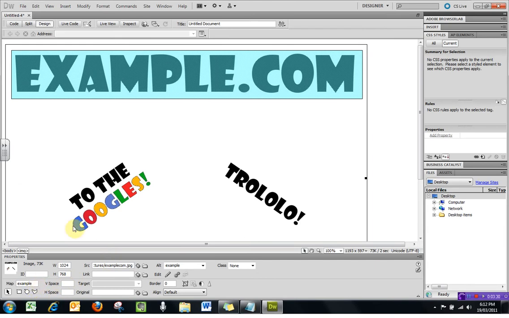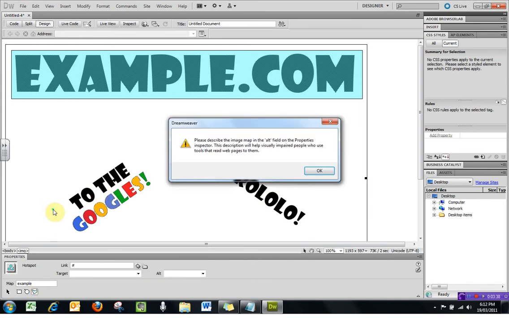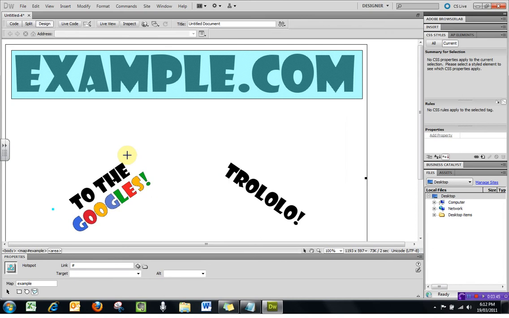Now for these other two shapes we're going to need to use the polygon tool, but again the polygon tool is pretty straightforward to use. When you click the first time, depending on your settings, you'll see this comes up again, so we just click OK, and then we can continue to draw around the shape. So that basically fits, and then once again we type in the link. In this case google.com, and we'll just give it some alt text, Google link,